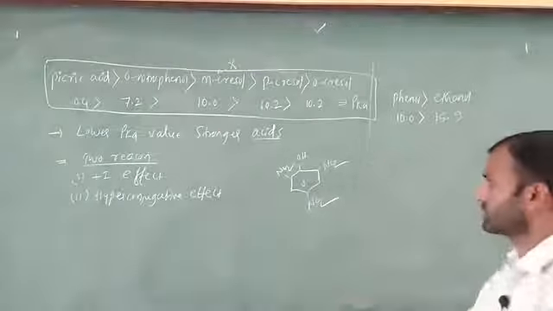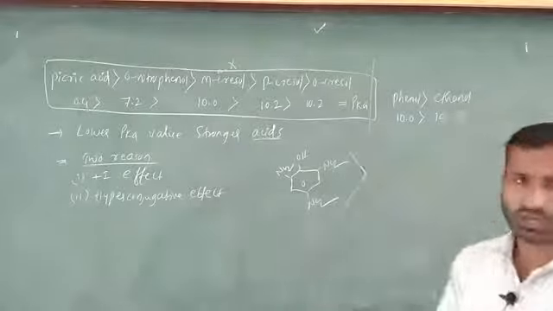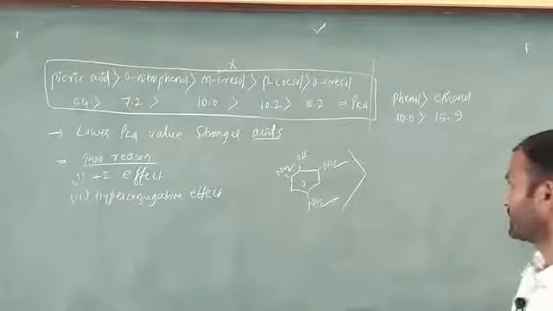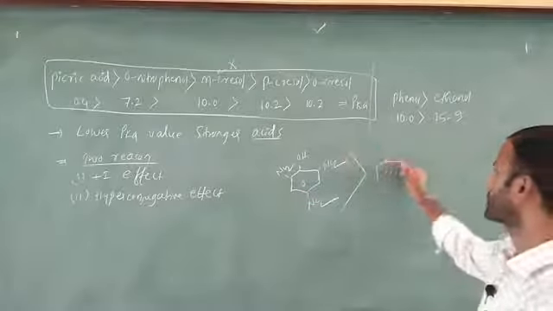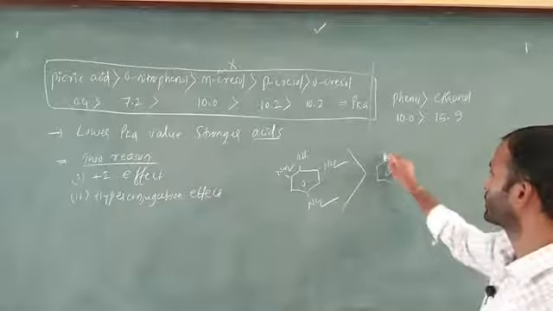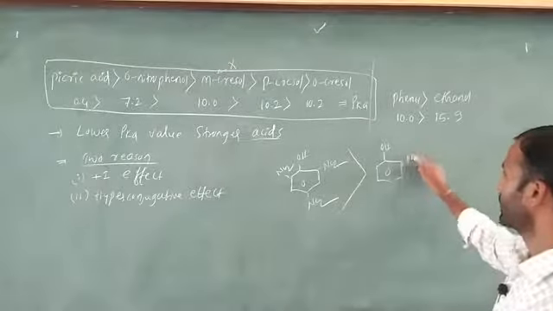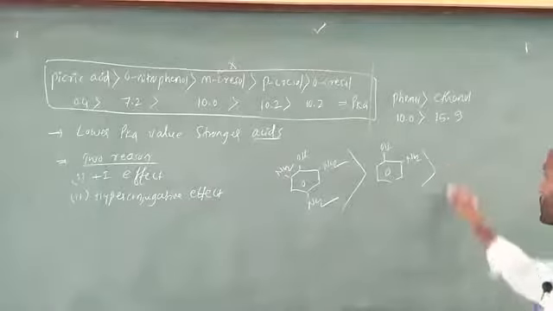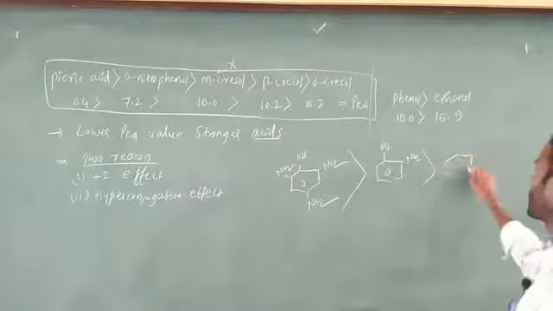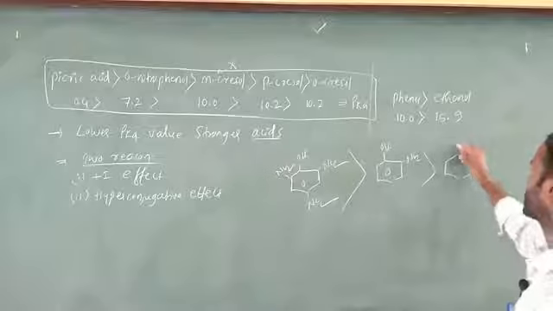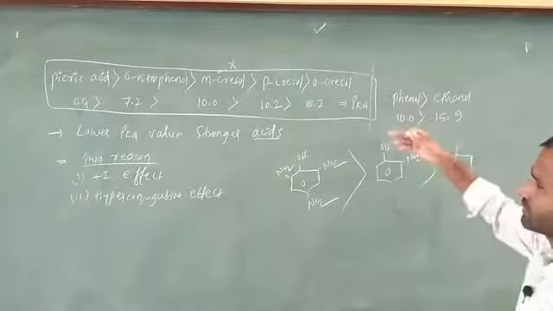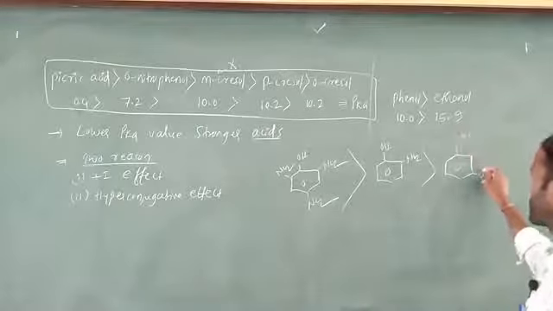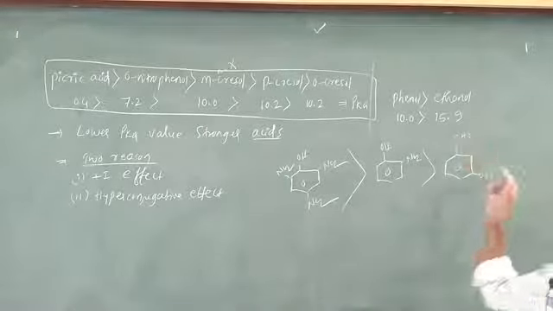Why it is so? The first one is 2,4,6-trinitrophenol, which indicates picric acid. Next after that, orthonitrophenol is there. Is it clear? NO2 group is there, these two are electron withdrawing. The next is an electron donating group. Metacresol is there, no? If you want you can write it like this, otherwise OH you have to write, CH3 you have to write, no problem.